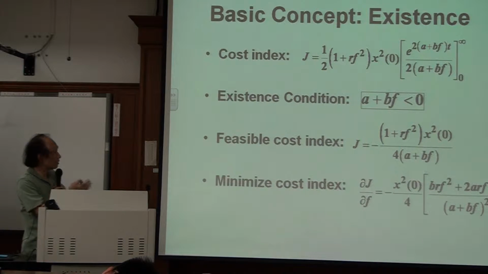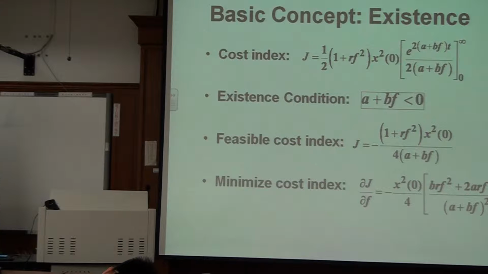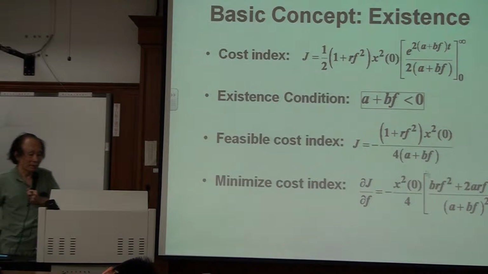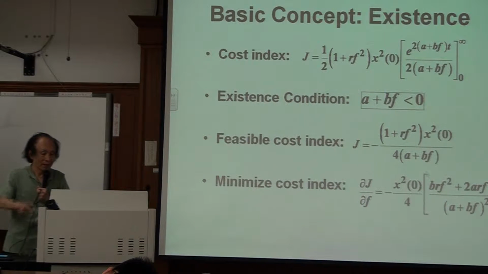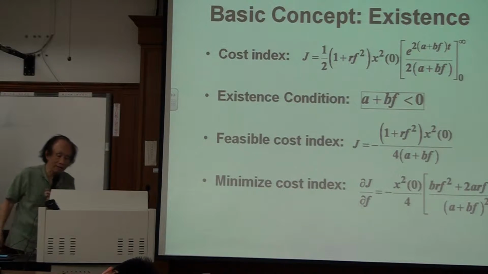Now, if I minimize the cost index with respect to F, partial J over partial F, if I do that,